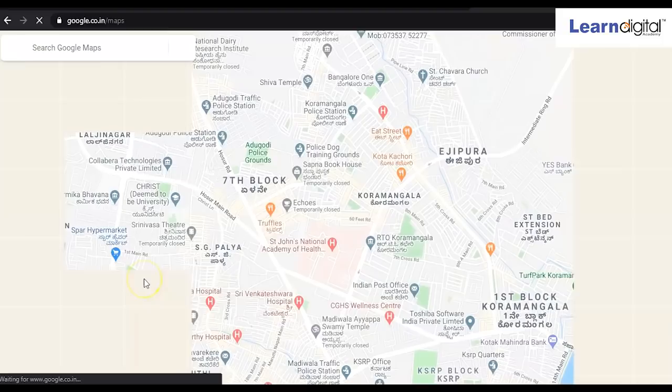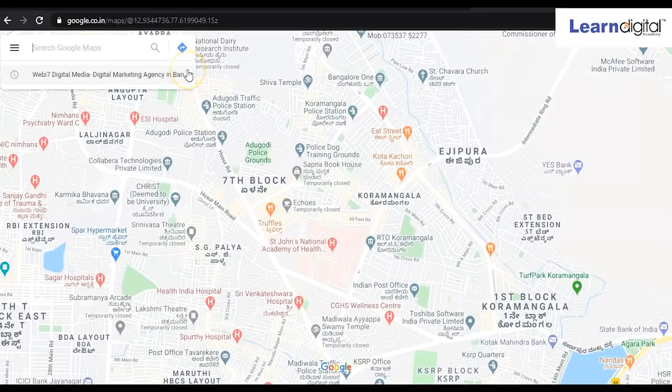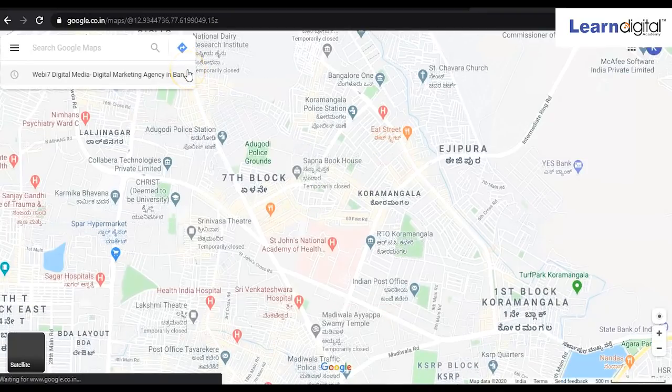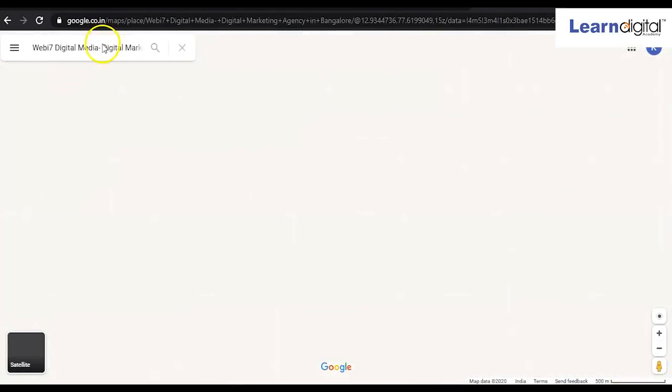Go to Google Map and search for the location that you want to integrate, right? For example, I am taking this thing, the same place I am taking, or you can search for your location.